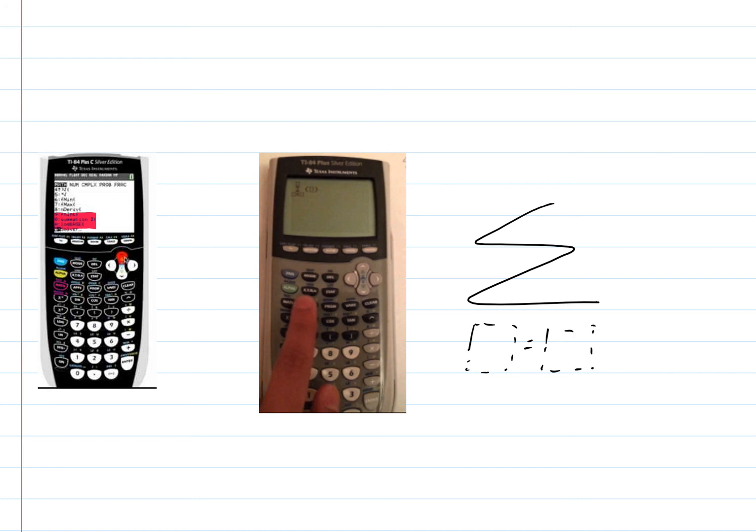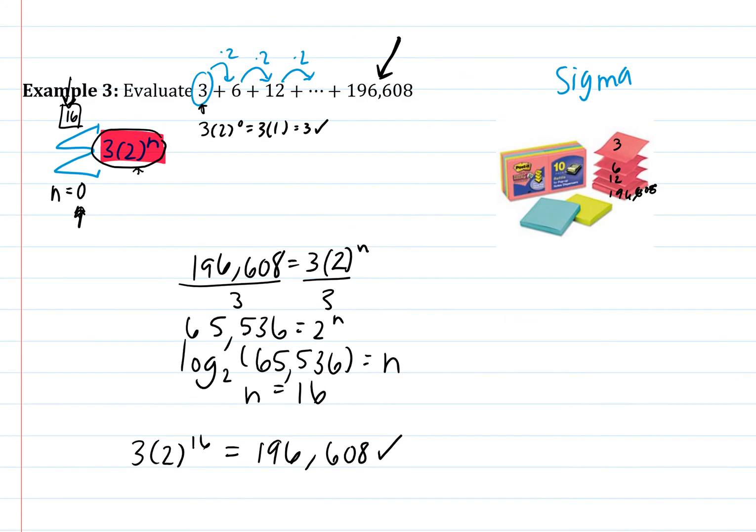Now on your calculator, I'm not going to use n because usually that's a stored value and we just don't want to play with that. So I'm going to use the x button, that variable button that's right here. Type x equals here, and we're going to put 0 here and a 16 here. You're using the arrows on your calculator to move between these, and 3 times 2 to the x. When you press enter, it's going to give you that sum. We found out that this sum is equal to